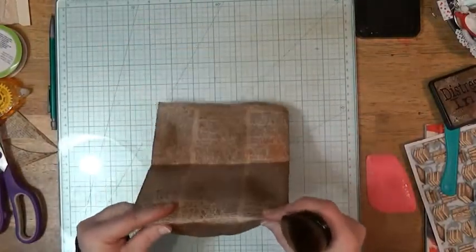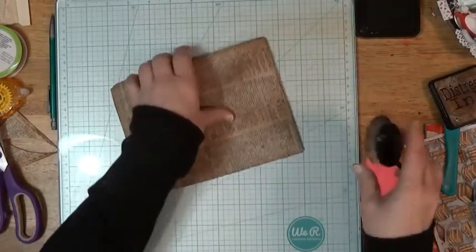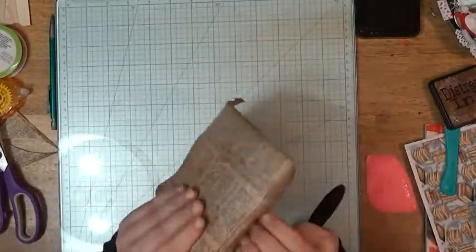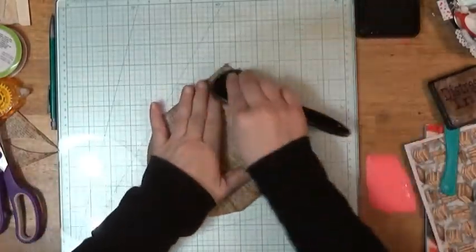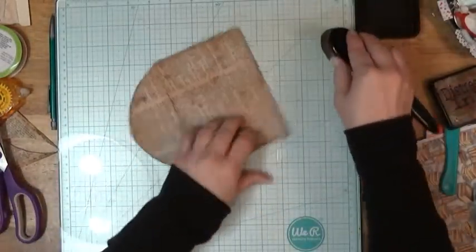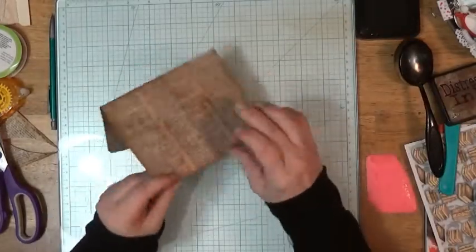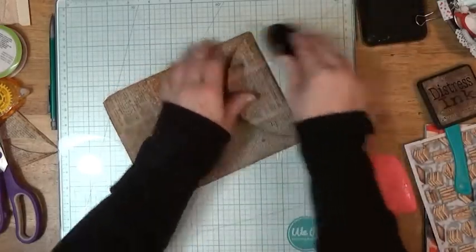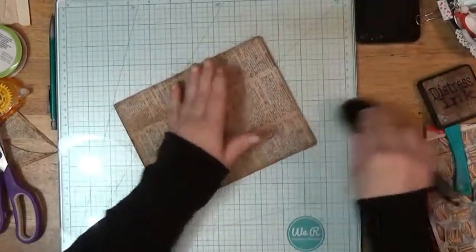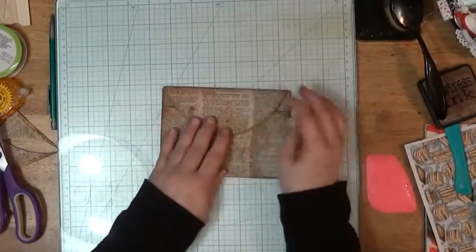I need to ink the bottom one. I need to ink this one. The bottom one will be inside. I need to ink this one. Okay, so now what I'm going to do is I'm going to pause you, and